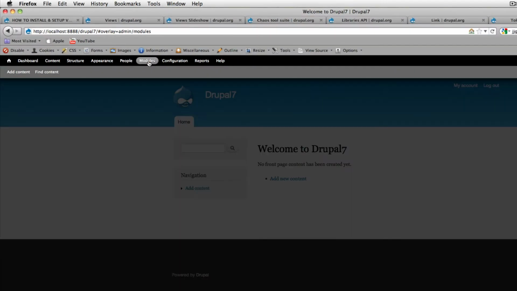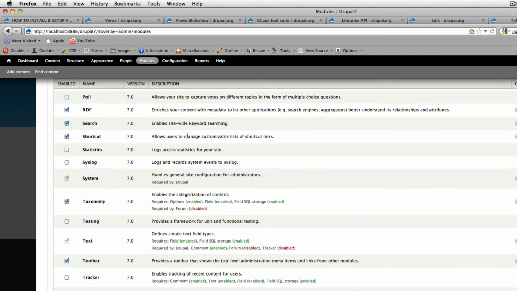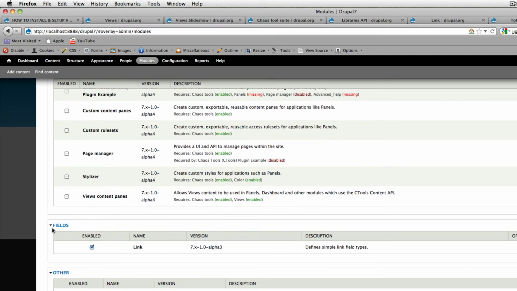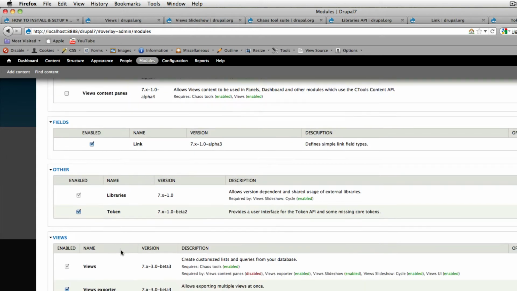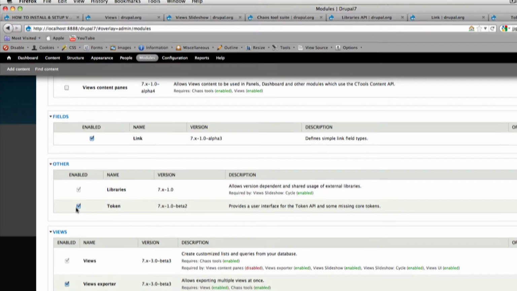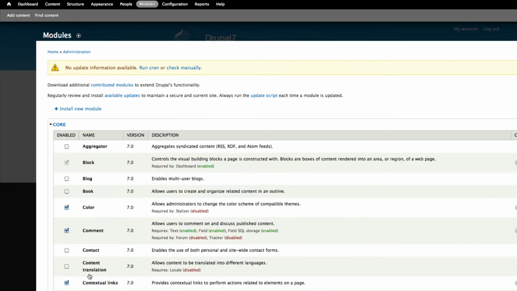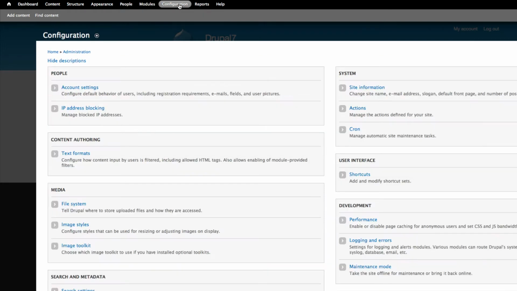Go to modules and enable all the modules we need. From CTools, we need only CTools, and from link field, then libraries, token, and from views, all the views modules, Views exporter, view slideshow cycle, and views UI. Click save configuration,